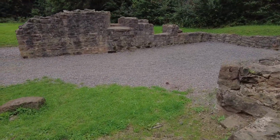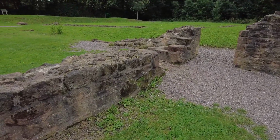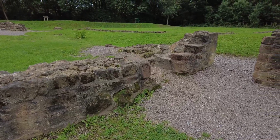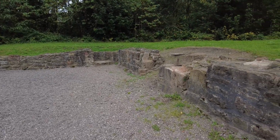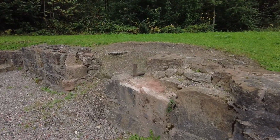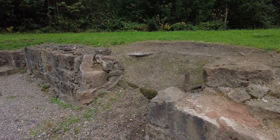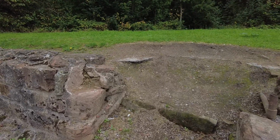But apparently people have been seeing, they've seen monks, they've seen a nun. Apparently, I'll take it to the road so you can have a look at it, but apparently someone's picked up a nun that has to be taken to the graveyard. When they dropped the nun off, they drove on and looked back and the nun had disappeared. So,